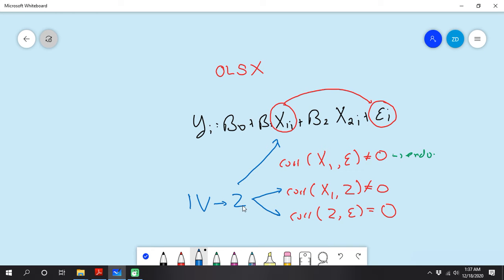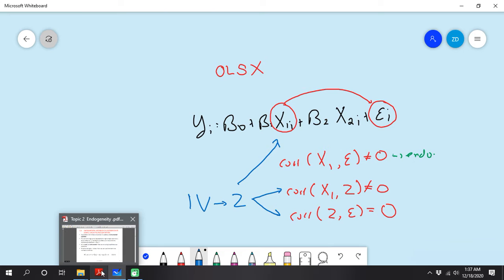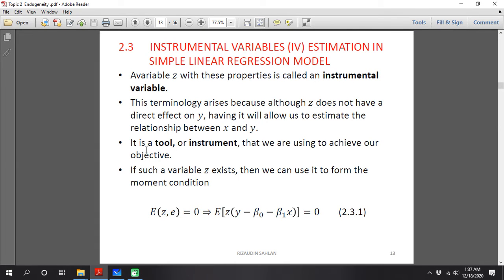We are using the z as a tool, not to directly replace, but to indirectly replace the x1. So it is a tool, or an instrument, that we are using to achieve our objective. Okay, if such a variable z exists, then we can use it for the moment condition, something like this: the z times v equals 0, and this is the moment,